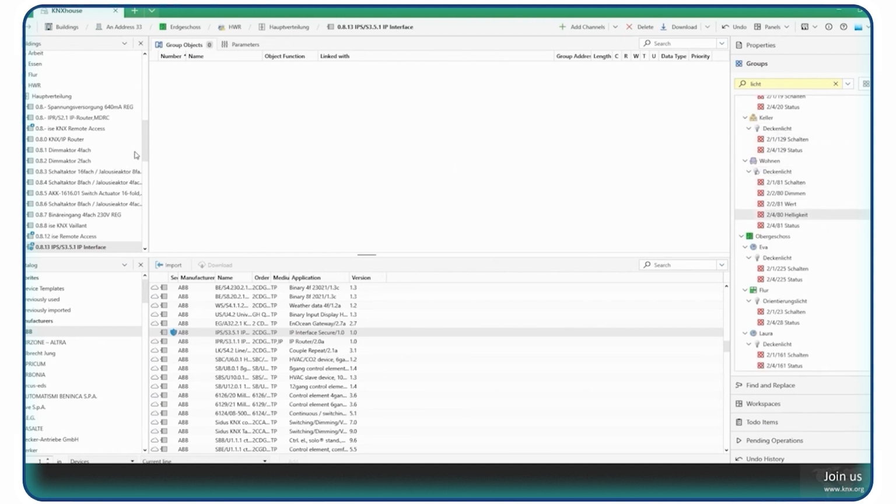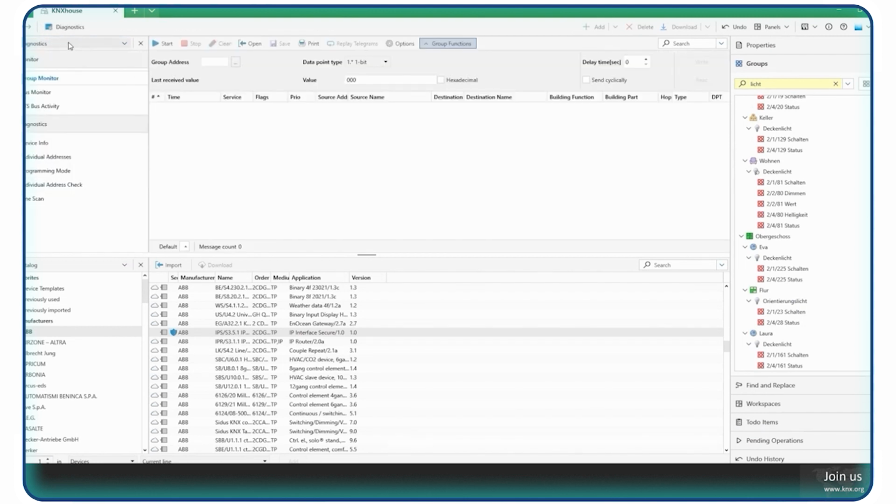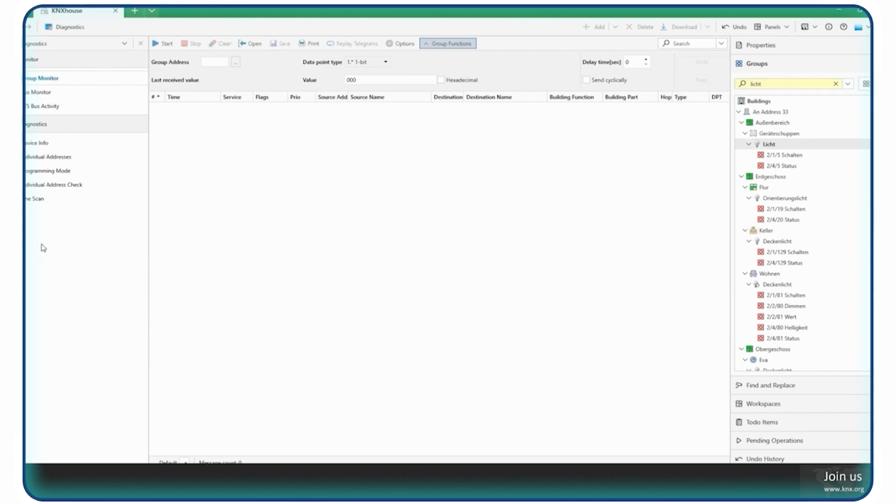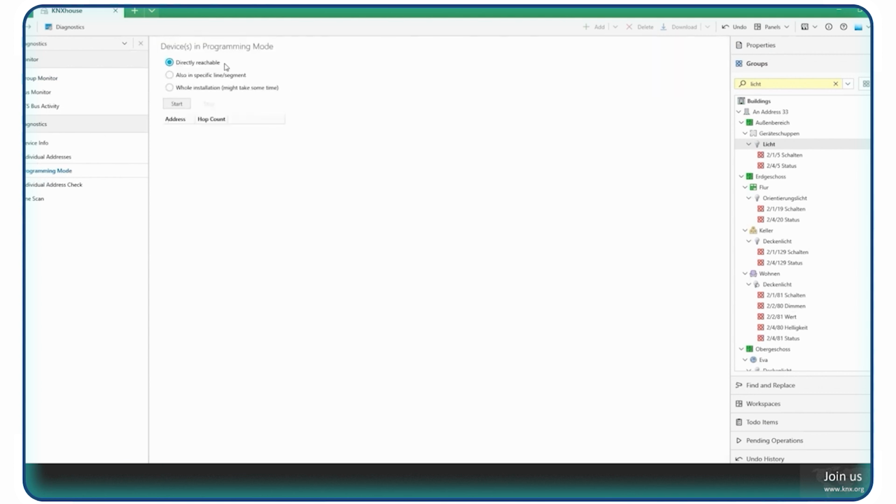When it comes to the installation and the commissioning of an installation, we have also made a number of improvements in the diagnostics features. So I can switch to that panel type, and you can see I've used the panel selector again. So very quickly, I'm closing this. And what we've done here is a number of, let's say, upgrades, a number of extensions. In here now, you can check for devices in the programming mode, not just the ones that are directly reachable, not just the ones that are in a specific line or segment, but you can also check in the whole